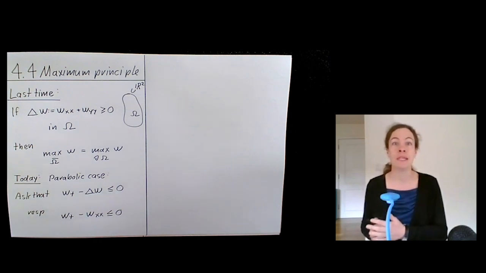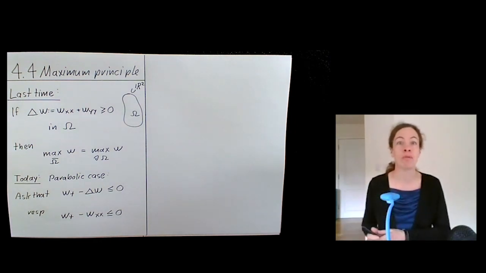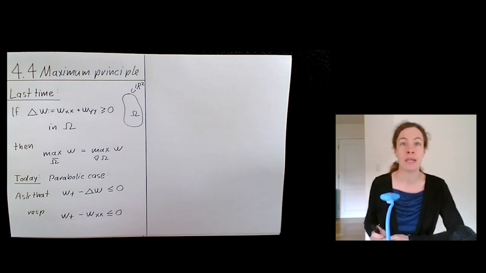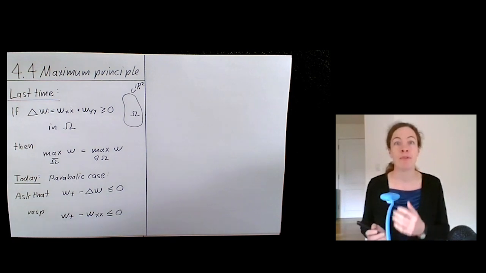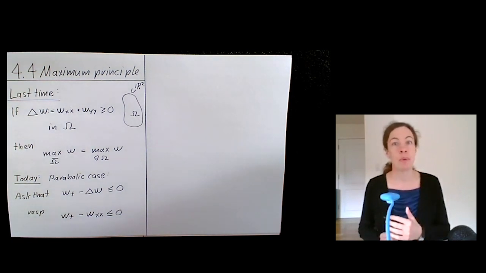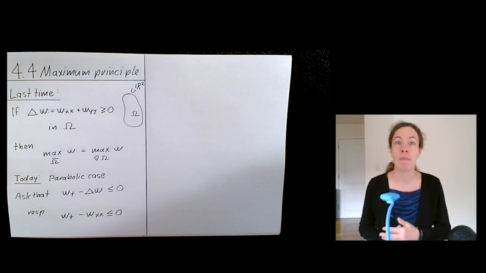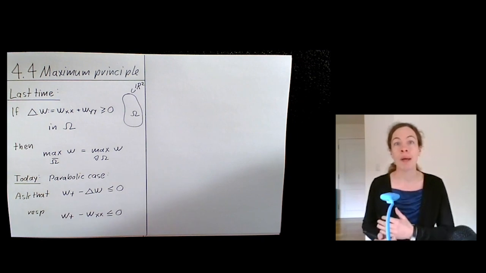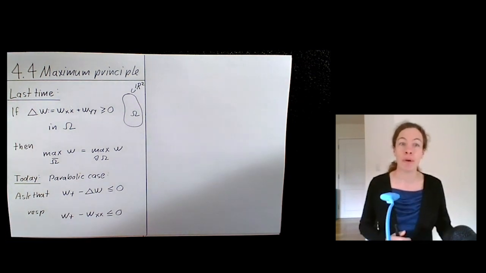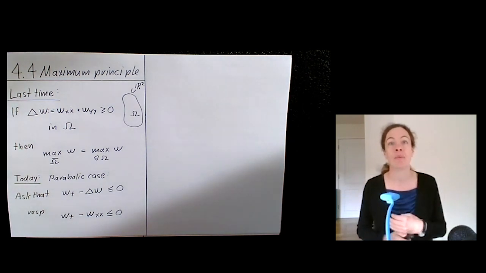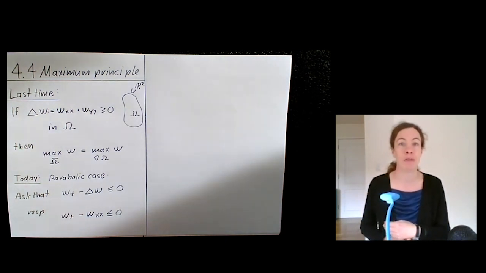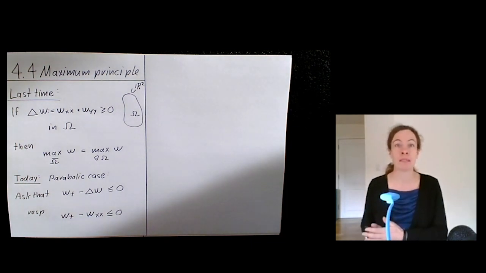And today we're going to see that the analogous statement also holds true for evolution equations that involve the heat operator. So we've seen two different types of evolution equations which describe the behavior of functions that don't just depend on a spatial variable x, but also on a time variable t. On the one hand, we had parabolic equations, for example, things involving the heat operator, and on the other hand, we had hyperbolic equations, things like the wave equation. And now you can never expect to get a maximum principle for the wave equation. That really just doesn't work.